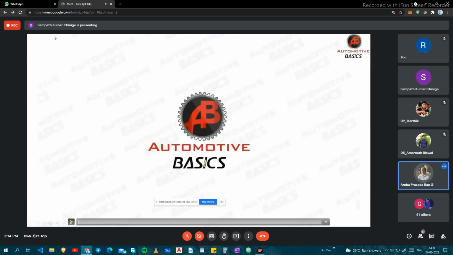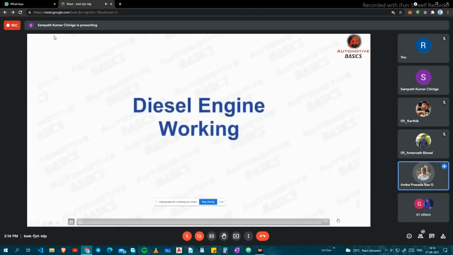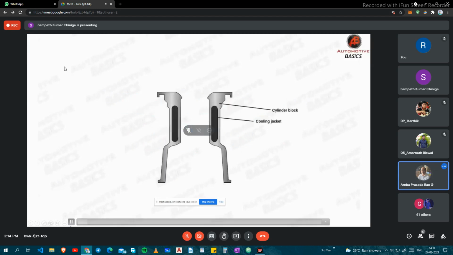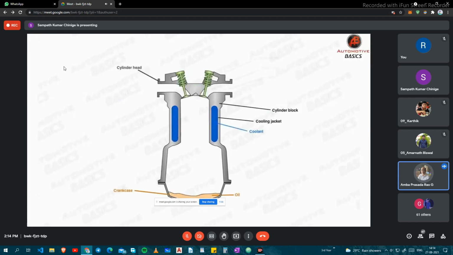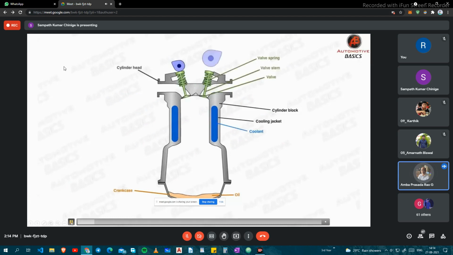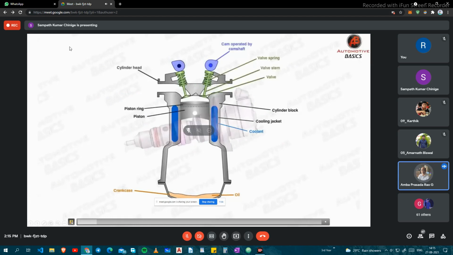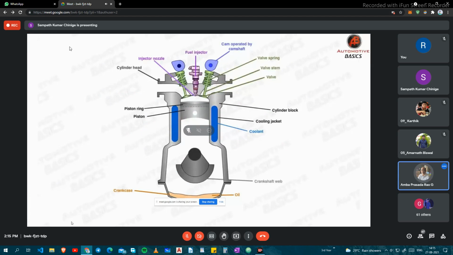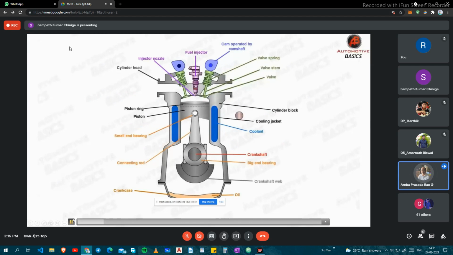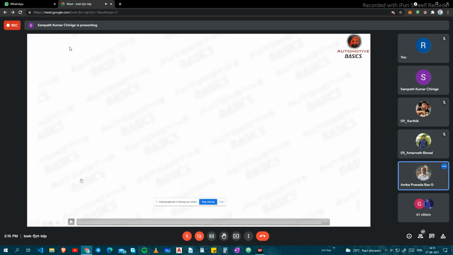Now you observe the animation. Whatever processes I have explained here, you can see. These are the different components, which are the provisions for the engine to keep cool, because unless you lose some energy, the second law of thermodynamics says you cannot produce a useful amount of work. There is an amount of energy left to the coolant to keep the components safeguarded, and the exhaust also leaves at a higher pressure and temperature.